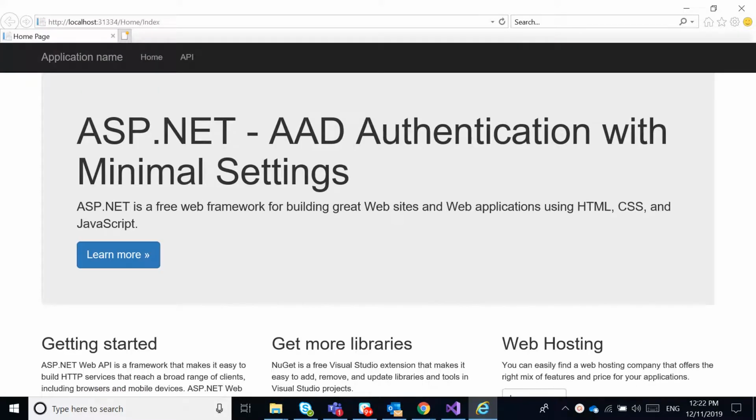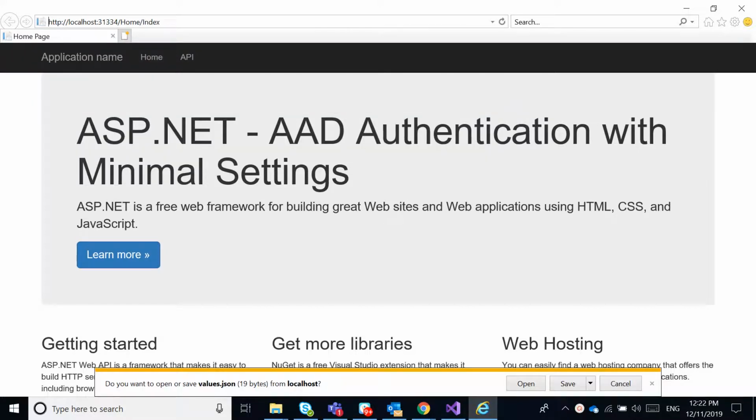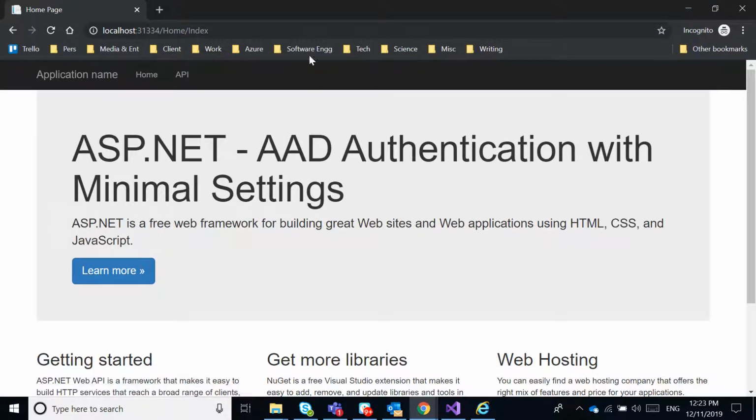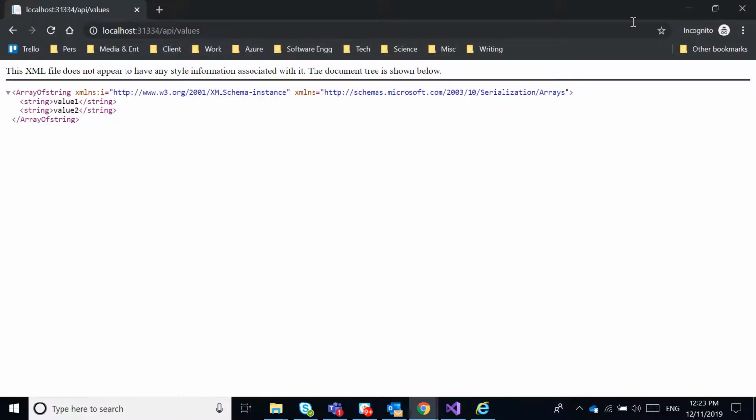Let us see how it is working. It is loading the home page. Let us see how the API is working. The values controller has been added into this project. We can see the JSON at the bottom of the web page. Let us see how this is shown in Chrome, where we can see the actual JSON itself. The page loaded in Chrome. Let us see the API URL, api/values. It is loading. Yes, we can see the string values are coming.